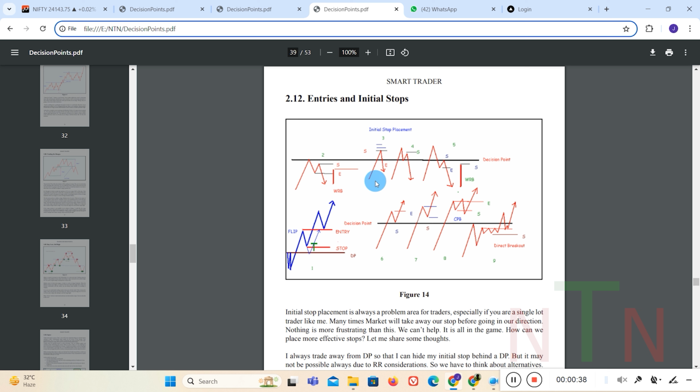See in this example, they have shown the decision points and the price action. The price action starts from the open price, the price has gone up and come down like that. As an intraday trader, we need to wait for at least 15 minutes for the price action to happen. That is why we need to wait for one swing to happen. Only then will we come to know the direction of the market.